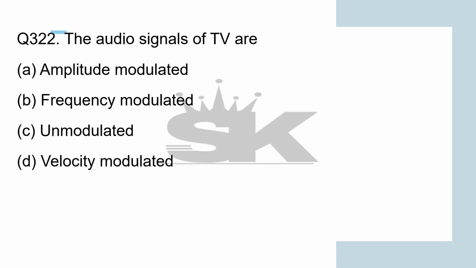The audio signal of TV is frequency modulated. Okay, different methods of modulation are used for both sound and picture information so that there is less interference between the picture and sound signals. Okay, further, amplitude modulation of the carrier takes up less bandwidth in the spectrum, and this is important when a high frequency content modulating signal such as video is to be transmitted. Okay, FM modulation is used only for the sound. Okay, for noiseless reception of sound. Okay,